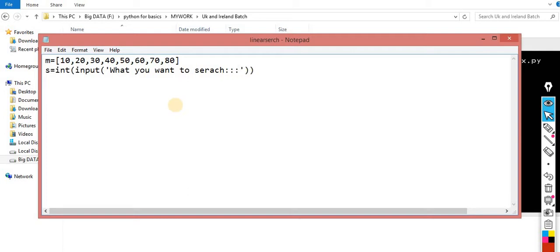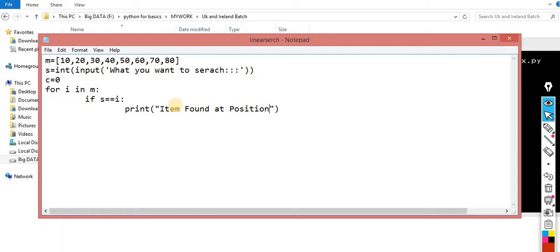Now inside S, whatever value the user enters will be stored. C is equal to 0 for the counter. For I in M, if S double equals I, then print item found at position.